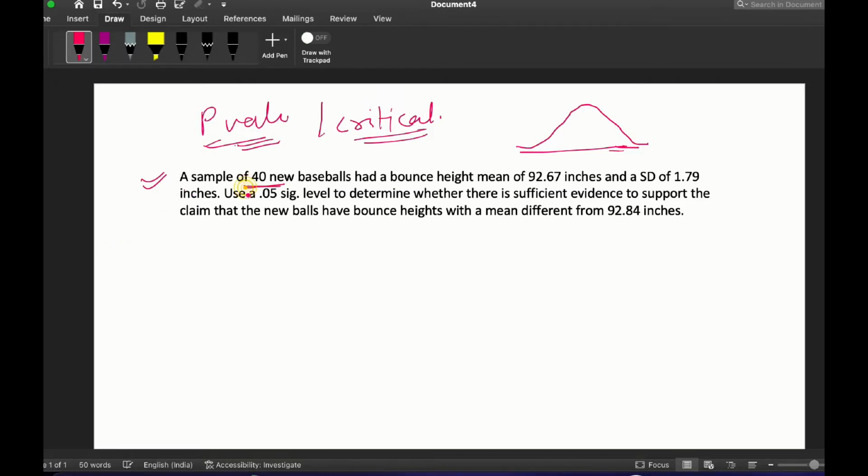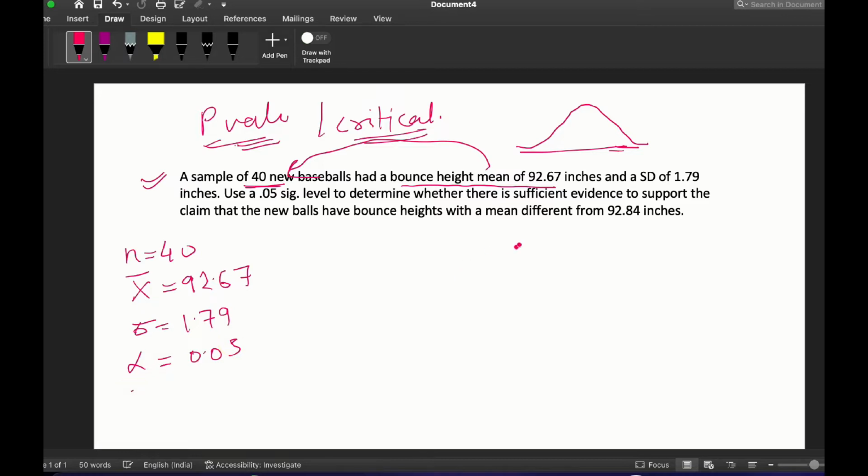So we have a sample of 40 new balls. So n is equal to 40. We have the bounce height mean, which is associated with the sample mean, so this will be x bar equal to 92.67. We have been given the standard deviation 1.79. We have been given alpha 0.05, and we have been given the population mean mu equal to 92.84. So in case this alpha is not given, then you can take it as 0.05, that is the industry